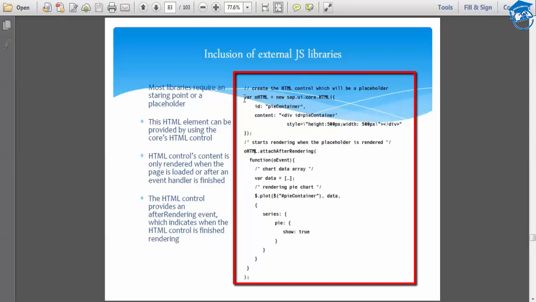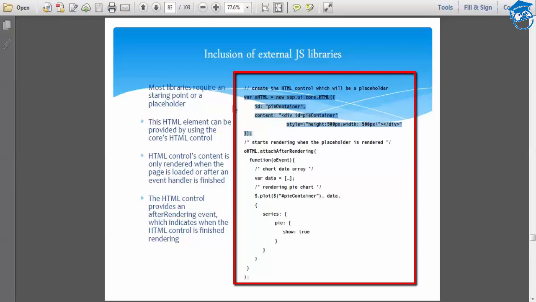So what is the difference between extending a SAP UI5 control and creating a new control from scratch? This example gives you a clear understanding of a control which is developed from scratch. Here they have taken HTML content, and then on after rendering they are handling how this control should look and what this control should do.